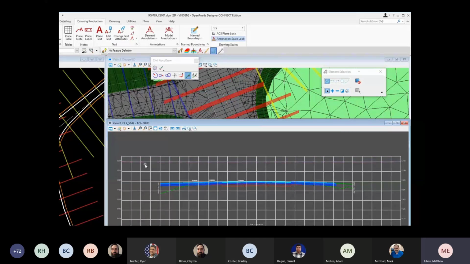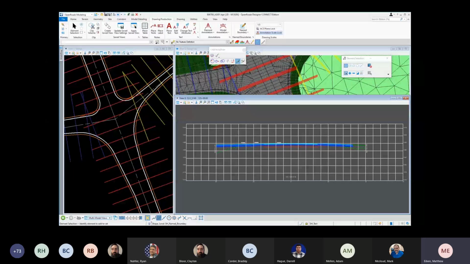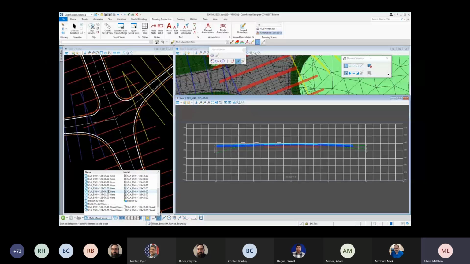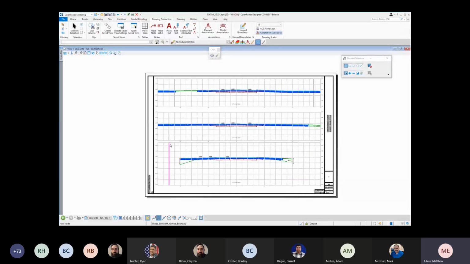So if you have a cross-section grid that maybe you're not really liking, that it's at some weird elevation, you want to change that, that could be one way to edit it, although it would be a bit tedious to go through an entire project and do a whole bunch of sections that way. And then what you'll see if I go to that sheet model, then for 125 plus 00,